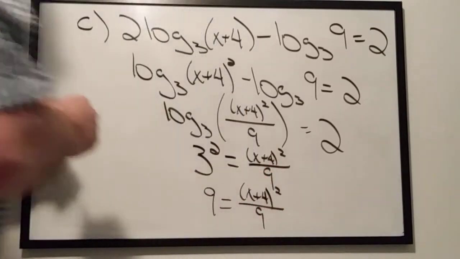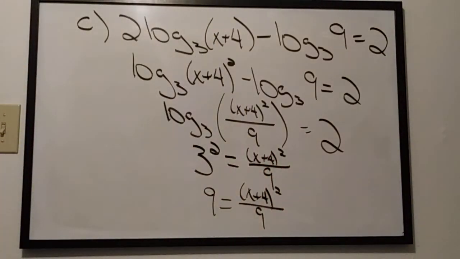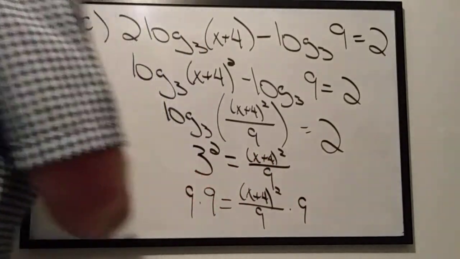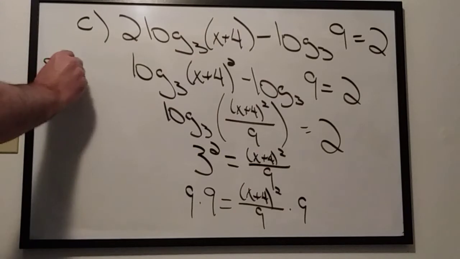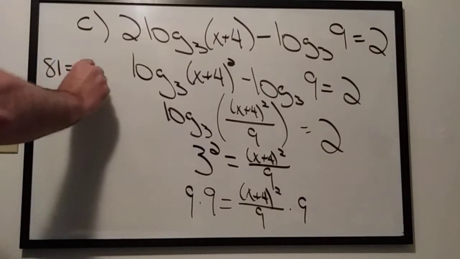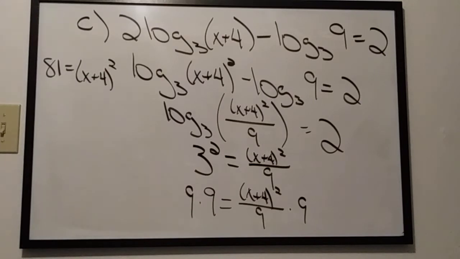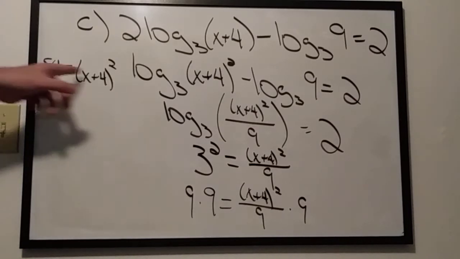divided by 9. Now, as you look at this, notice that we have a fraction on the right-hand side. I want to get rid of that fraction. And if I multiply both sides by 9, that will do that. So multiply by 9, multiply by 9. We're going to have then that 81 is equal to x plus 4 quantity squared. Now once again, lots of quadratic ideas will allow me to finish this problem. I'm going to go ahead and choose to use the square root property because of the way that this particular